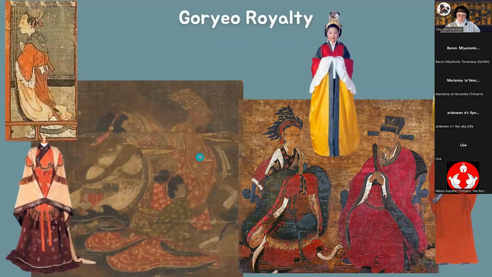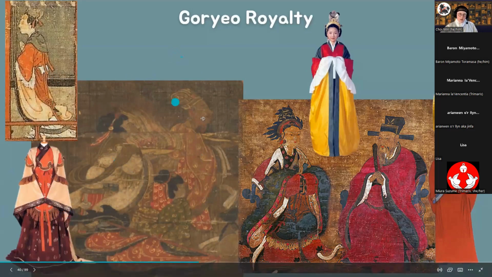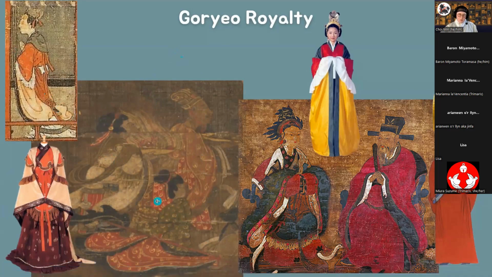So yeah, Goryeo royalty. I don't have a lot on this. I just basically compiled it. Here's an extant I found. Here are the two paintings from before, and here's one more painting. But I think this was painted early. It's either a copy of a Goryeo painting, but it's regarded as a Goryeo painting because it was hopefully a faithful copy. And here we see another repro where they interpreted it as ruffles, and this one interpreted it as ruffles on both here and here, even though this one looks more like feathers to me.